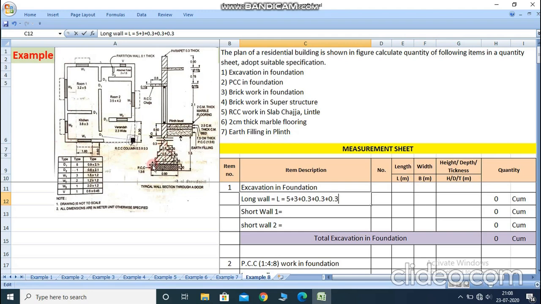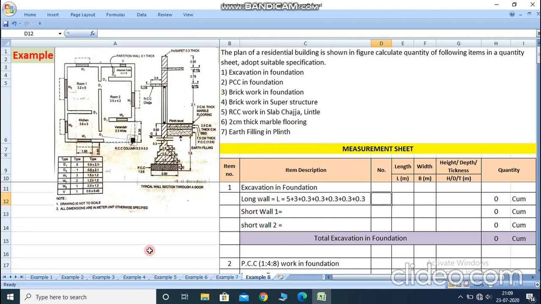And for the excavation of the wall from corner point to corner point, another step footing is provided for the excavation. Here the wall thickness is 0.3 and the width of the excavation foundation is 0.9, so the difference of 0.9 and 0.3 is 0.6. For the left side, 0.3 extra excavation is required for the step footing, and here also 0.3 extra is required. So we also add 0.3 for 2 times. Clear?